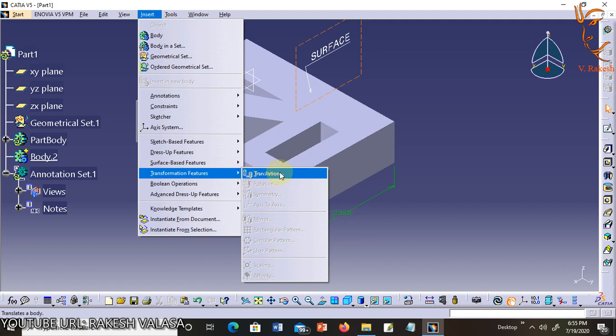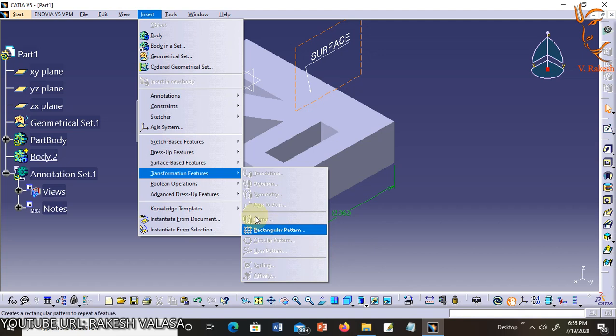It has translation, rotation, symmetry, axis to axis, mirror, rectangular pattern, circular pattern, user pattern, scaling, affinity. This toolbar is a duplicate of the toolbar found in the Part Design workbench. This tool is covered in more detail in the Part Design workbench lessons.